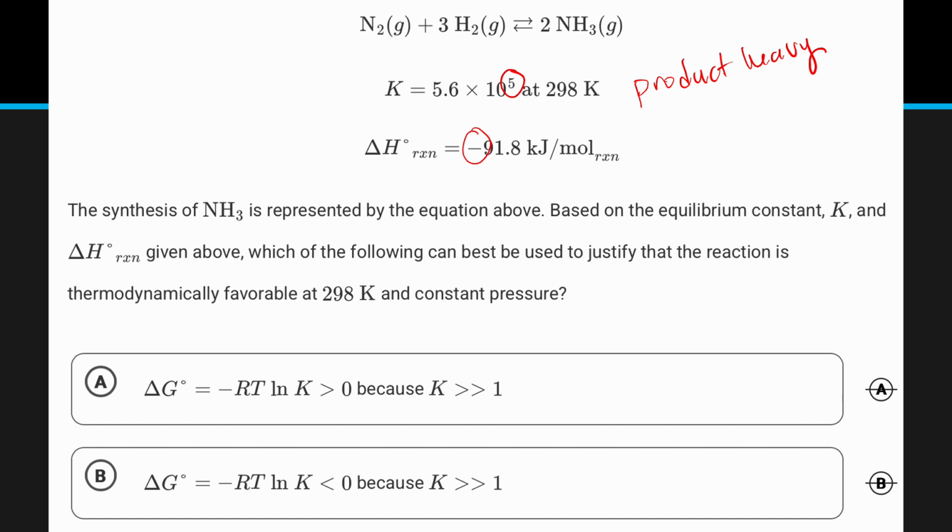And that means I'm going to have a negative delta G. So both of these have delta G, both of these have K way greater than 1. So I am looking for the equation that tells me that delta G is going to be negative, which would be